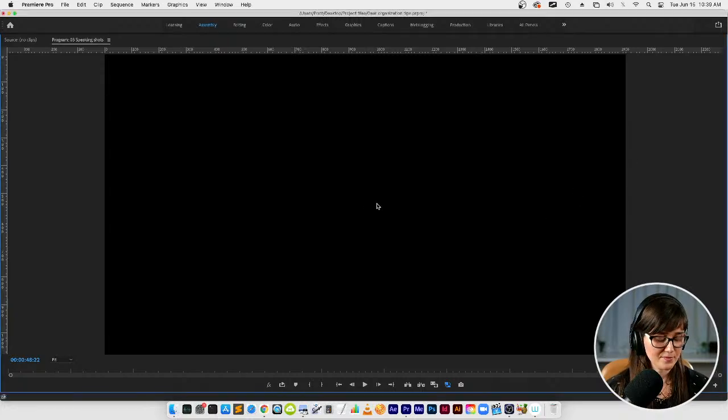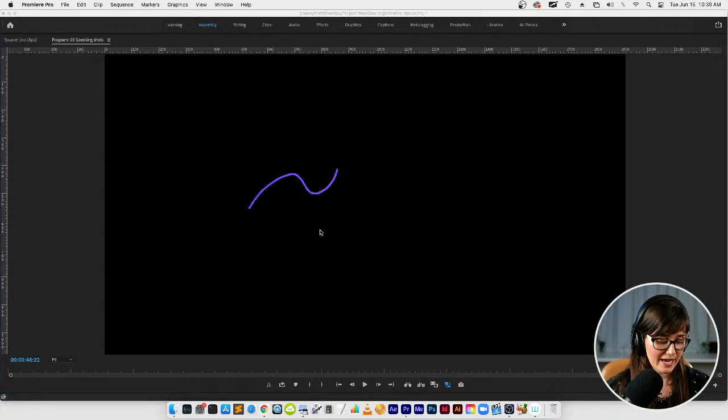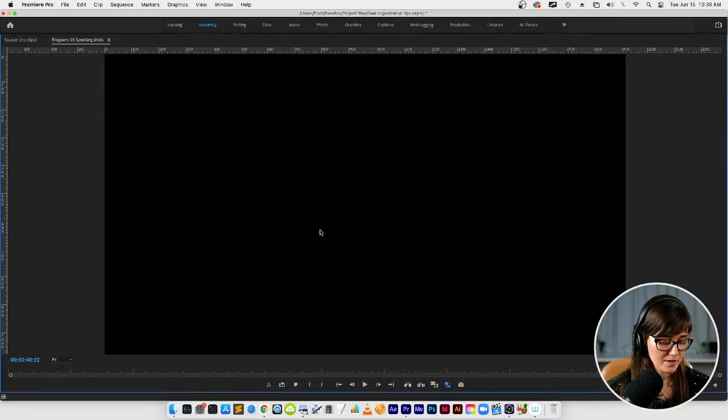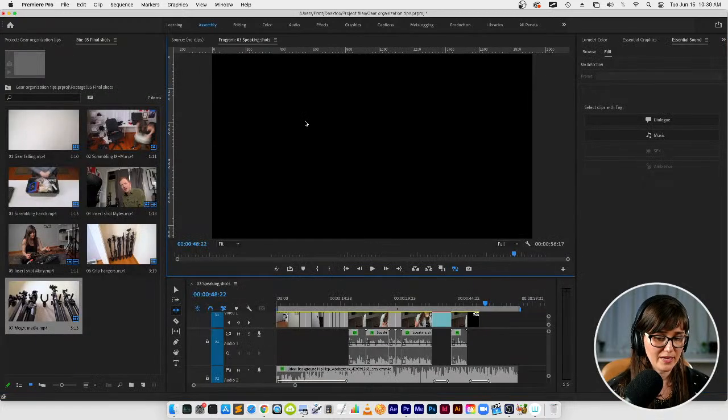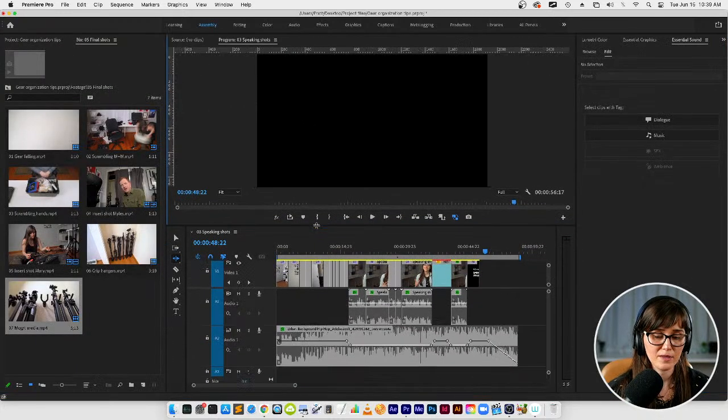So we're going to go back to Premiere and I'll press the squiggle key again. Remember, it looks like this, top of your keyboard. And when I do that, it minimizes the panel. Cool, sweet. All right, so